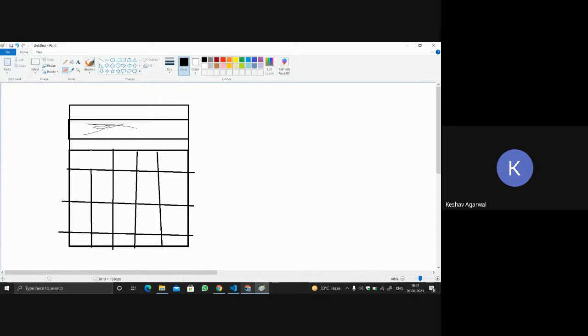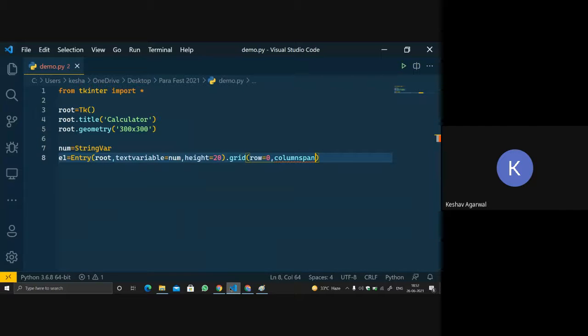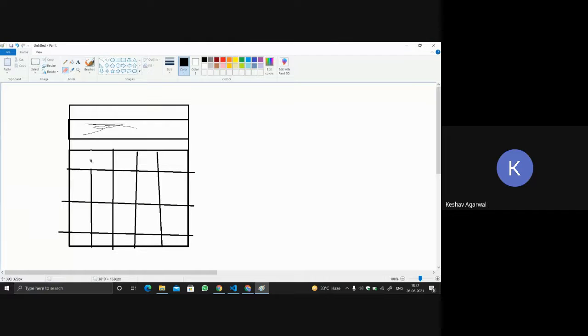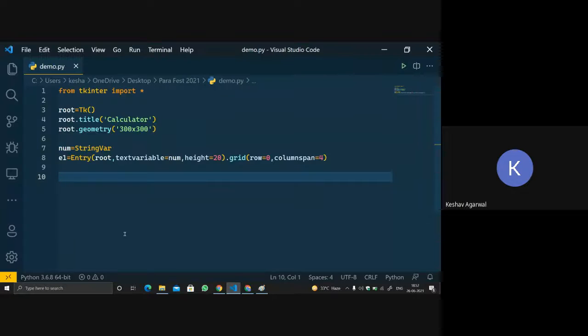In the same way, over here, we'll keep it as a 4. In the coming code, you will understand why I've kept it 4. Now we will have to make buttons. Let's name it B1. B1 is the name of the button.